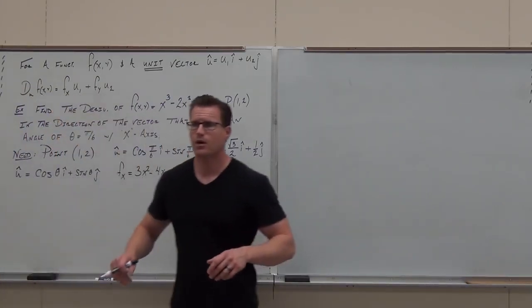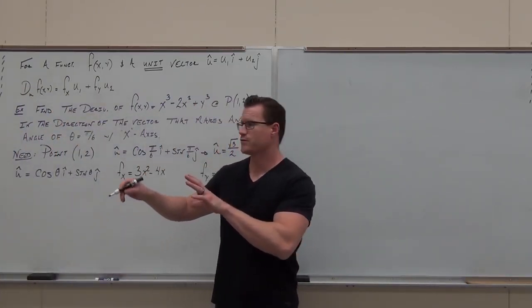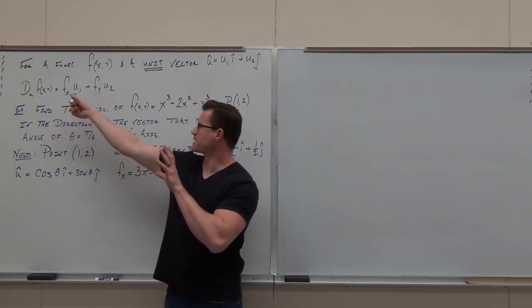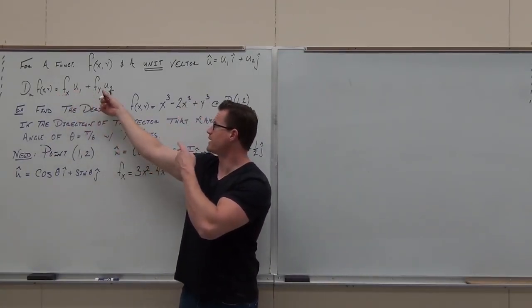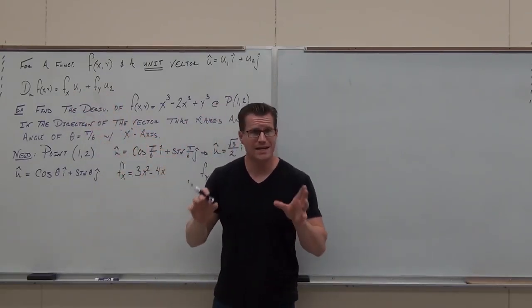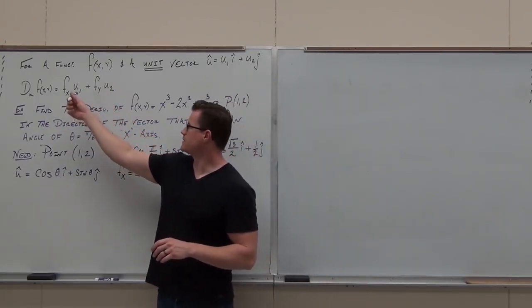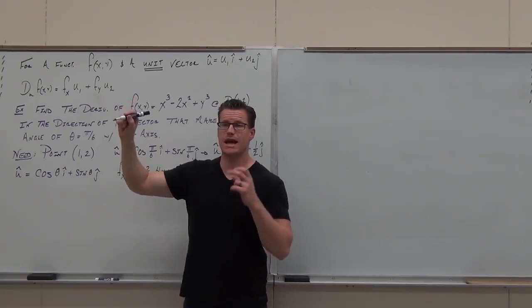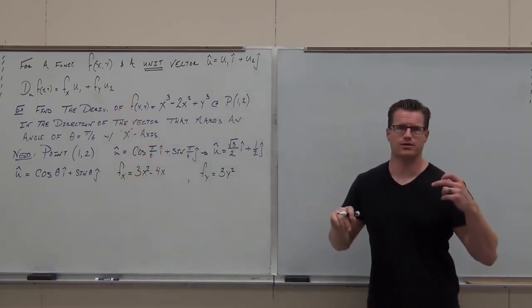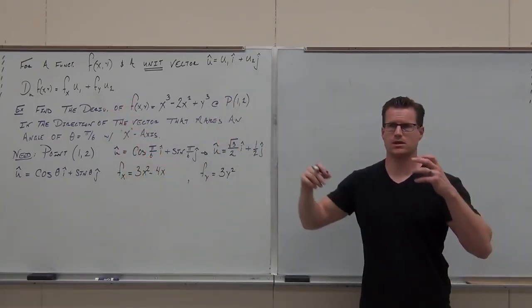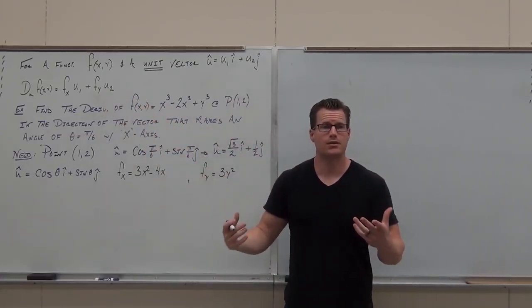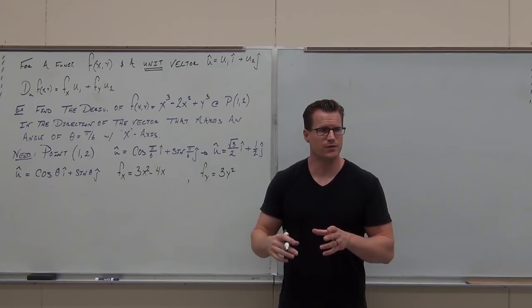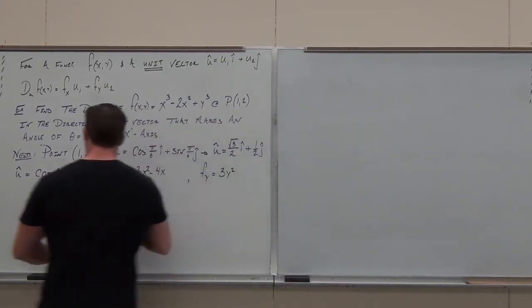So what we've done: we found the partial of f with respect to x and with respect to y. We also have found the unit vector. Can you all tell me right now, what is u sub 1? What's the x component of the unit vector? What is it? What's the y component of the unit vector? Let's put it together. So if I want to find the directional derivative in the direction of u,